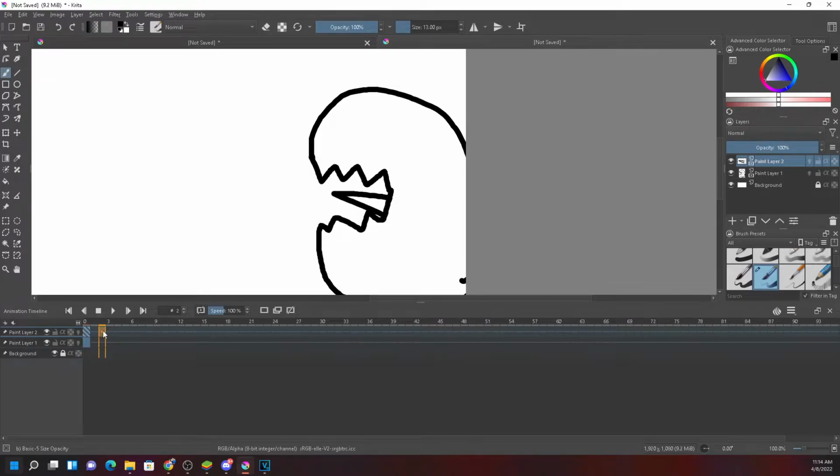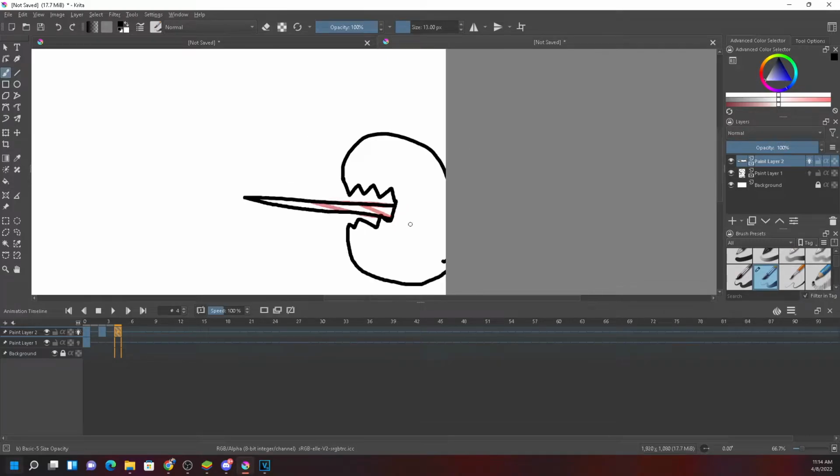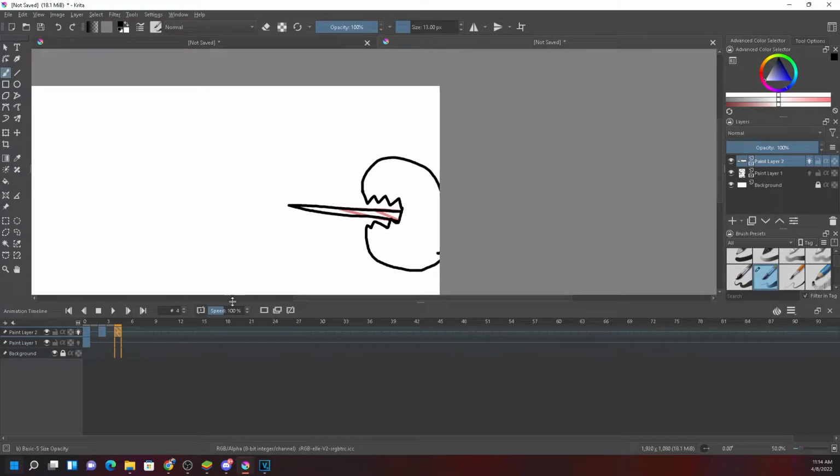So I'm going to the second frame and deleting this tongue position, creating onion skin so that I can see the previous one. Right now, the tongue will be over here like this, and it moves a little forward in the next fifth frame. Deleting this tongue, you can see the onion skin like this. It moves a little fast when any animal opens. It moves a little faster, right?